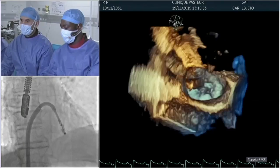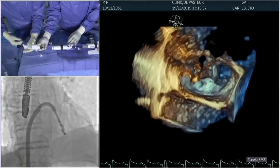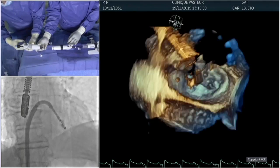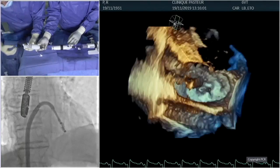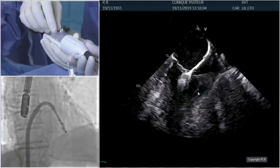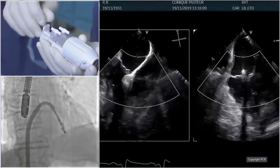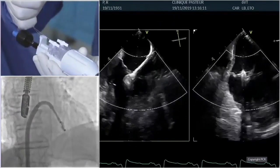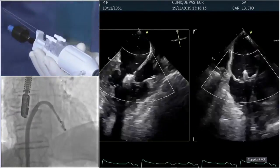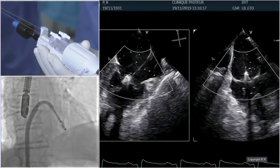And again, with the degenerative disease, really just a lot less reduction than functional. Functional, we find the gradients go up, you really reduce because you're tethering everything again. And so you want to be a little bit more careful. This has got a big valve area. I think it's really well positioned, the first device. So now they can come across and go lateral to this one and really close it down, I think, with